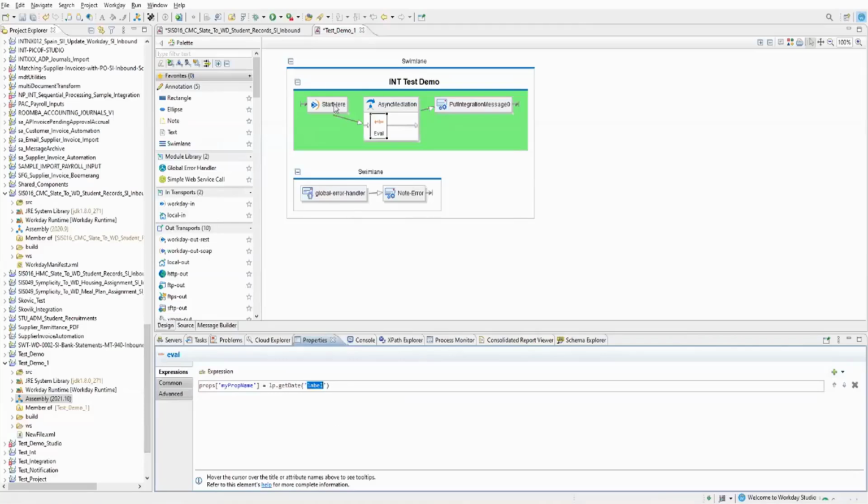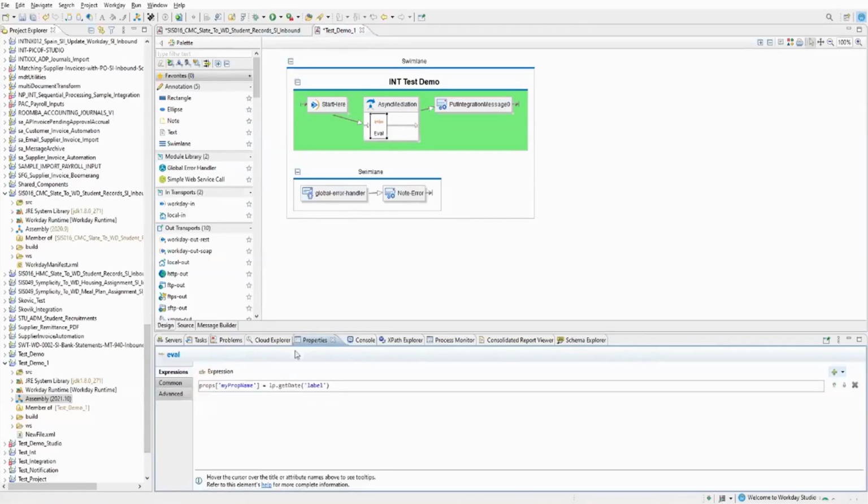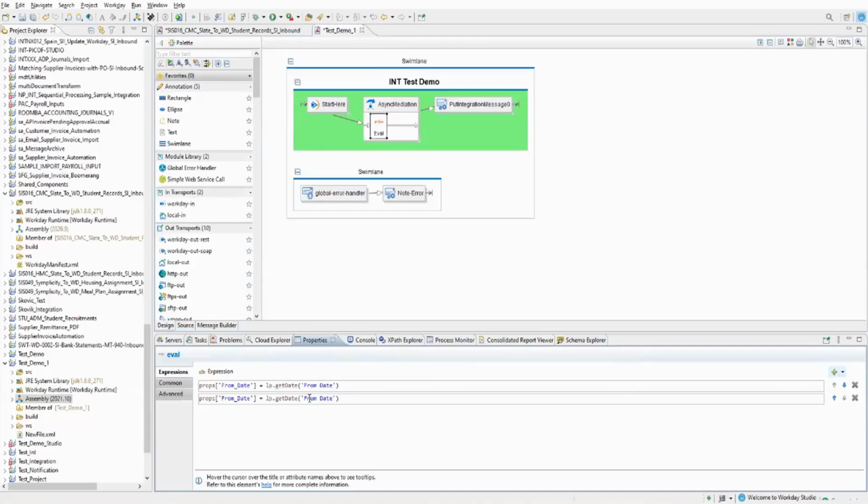And then in the label, what you have to do is choose the name of your launch parameter. So it will be this. Then I will say here from date. The other one is to date. So I will copy this, come here, and instead of from date, I will use this.